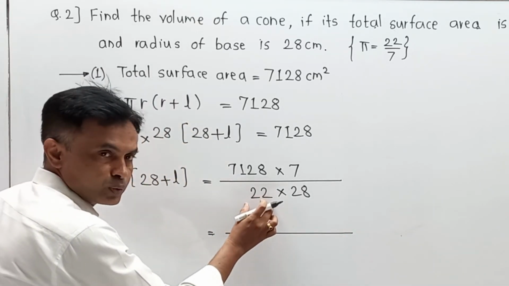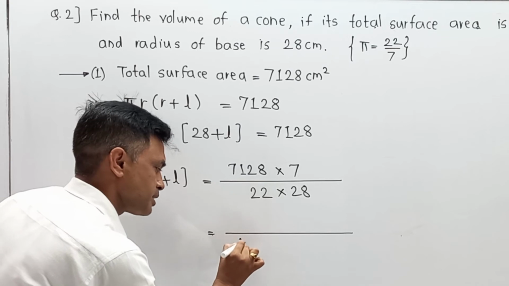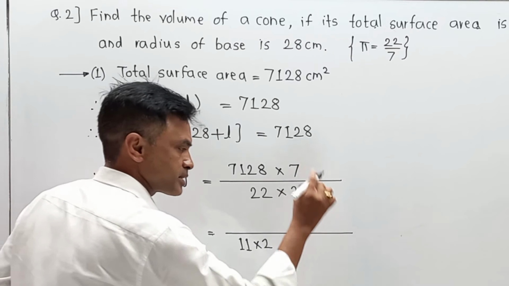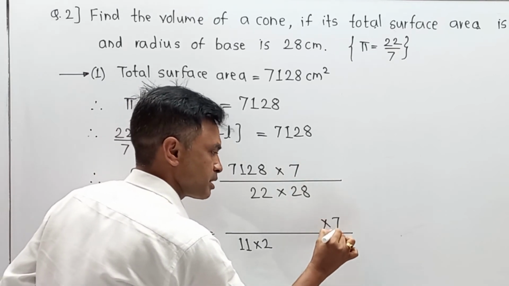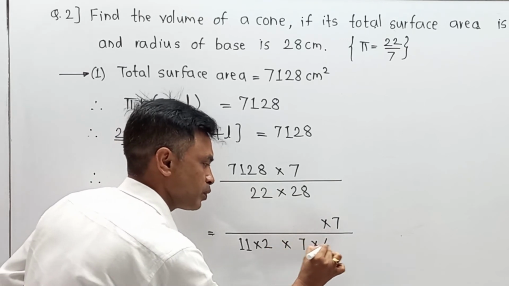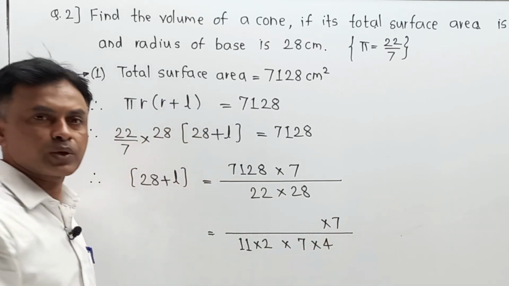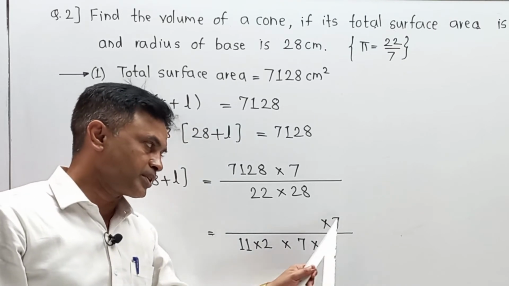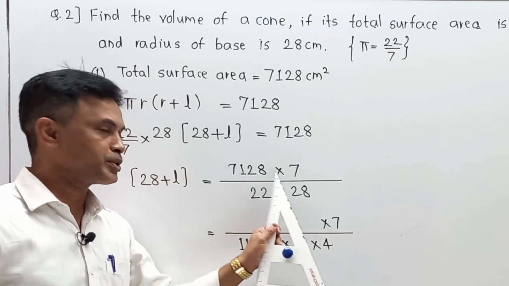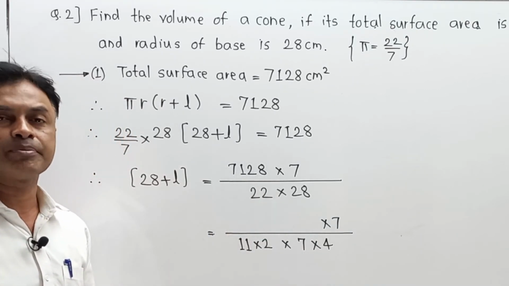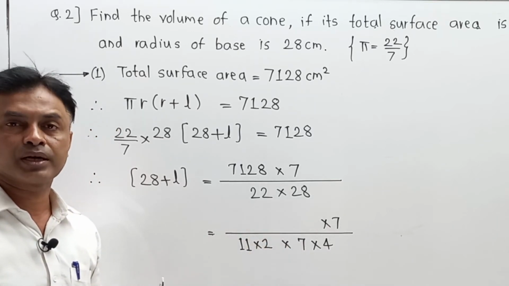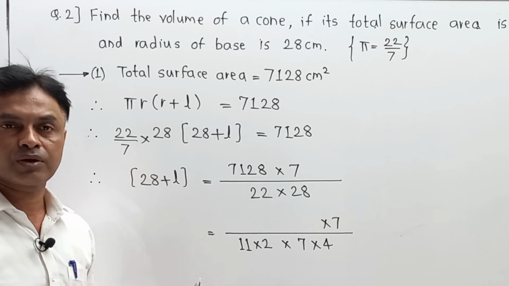For example, 22, I am going to write it as 11 into 2. That will be the first and very simple simplification. Now we can understand a numerator contains one value, that is 7. Now 28 I can break as 7 into 4. Please try to understand what exactly I have done. This 7 can cancel with this 7, and this 11 into 2 into 4 part will be split with this group and we will get a simplified value of this part. Observing by number also, you must be able to understand the solution of that part.